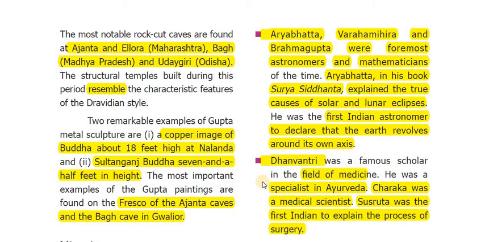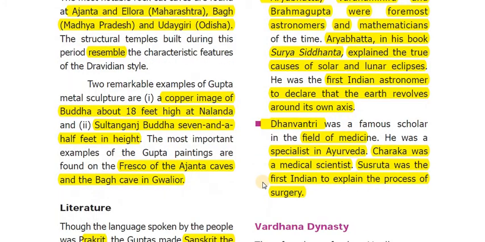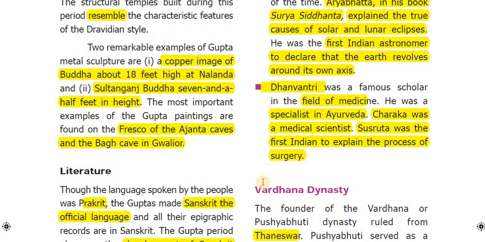Two remarkable examples of Gupta's metal sculpture are, first, a copper image of Buddha about 80 feet high at Nalanda. Second, the Sultanganj Buddha, 7.5 feet in height. The most important examples of the Gupta's painting are found on the frescos of the Ajanta caves and the Bagh